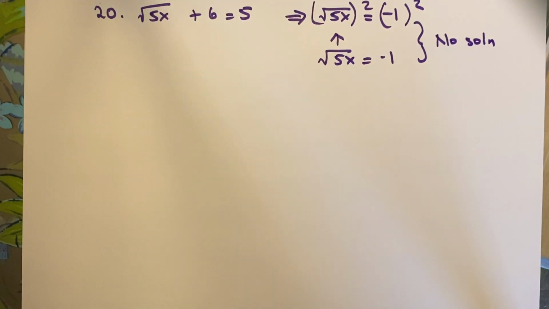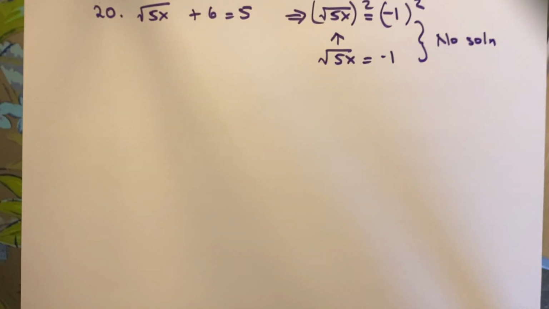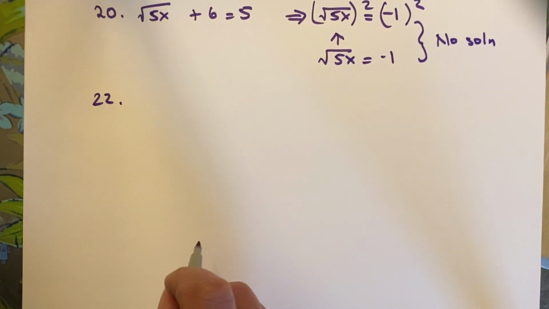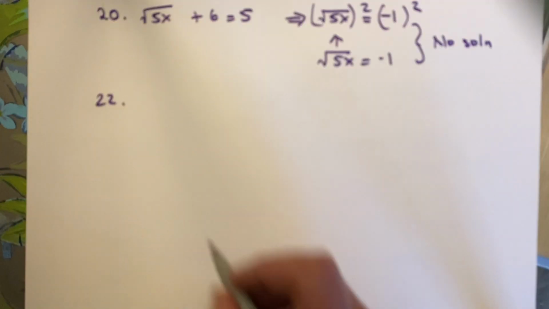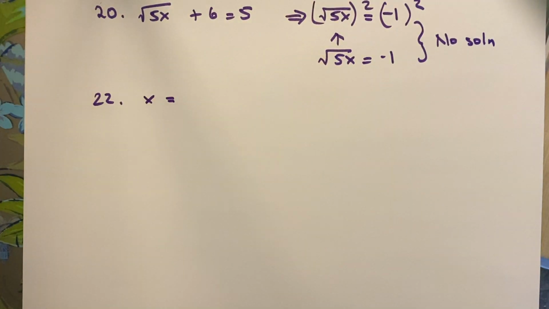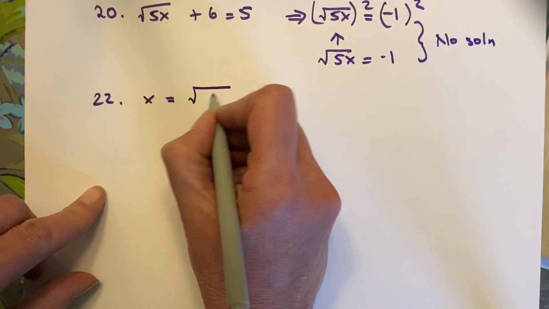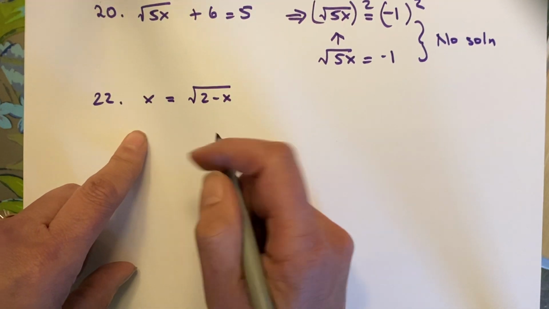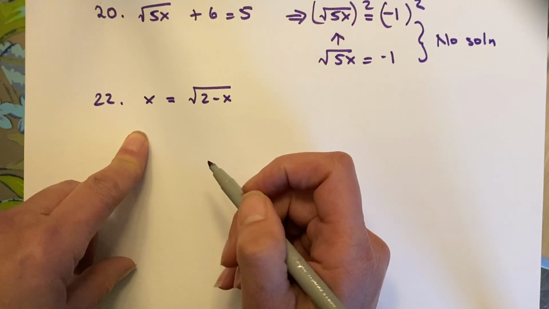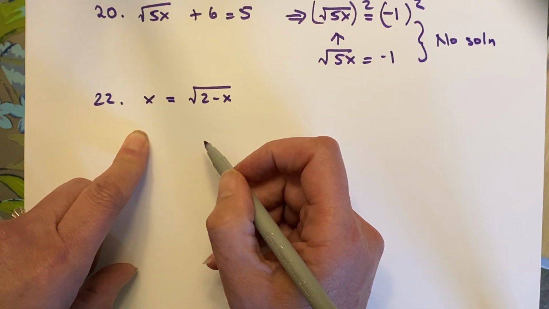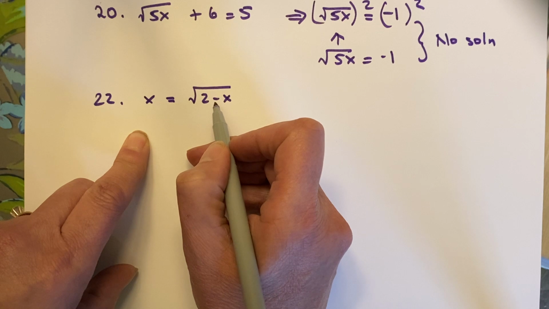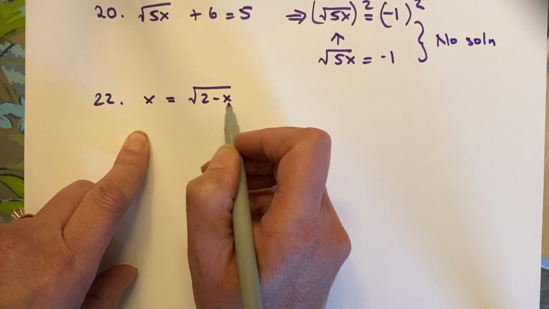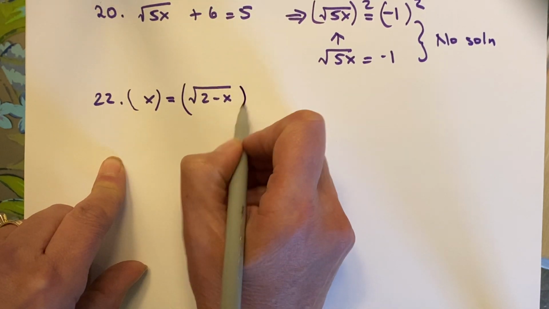Because once I got to this point, I know that I can't get a square root that is a negative number. Let's go on to number 22. Number 22 says x equals the square root of 2 minus x. Okay. So here, my first step is to square both sides, correct? Because I need to get rid of the square root, and it's already isolated on this side. It's not multiplied by anything and nothing's added to it. So I'm going to square both sides,